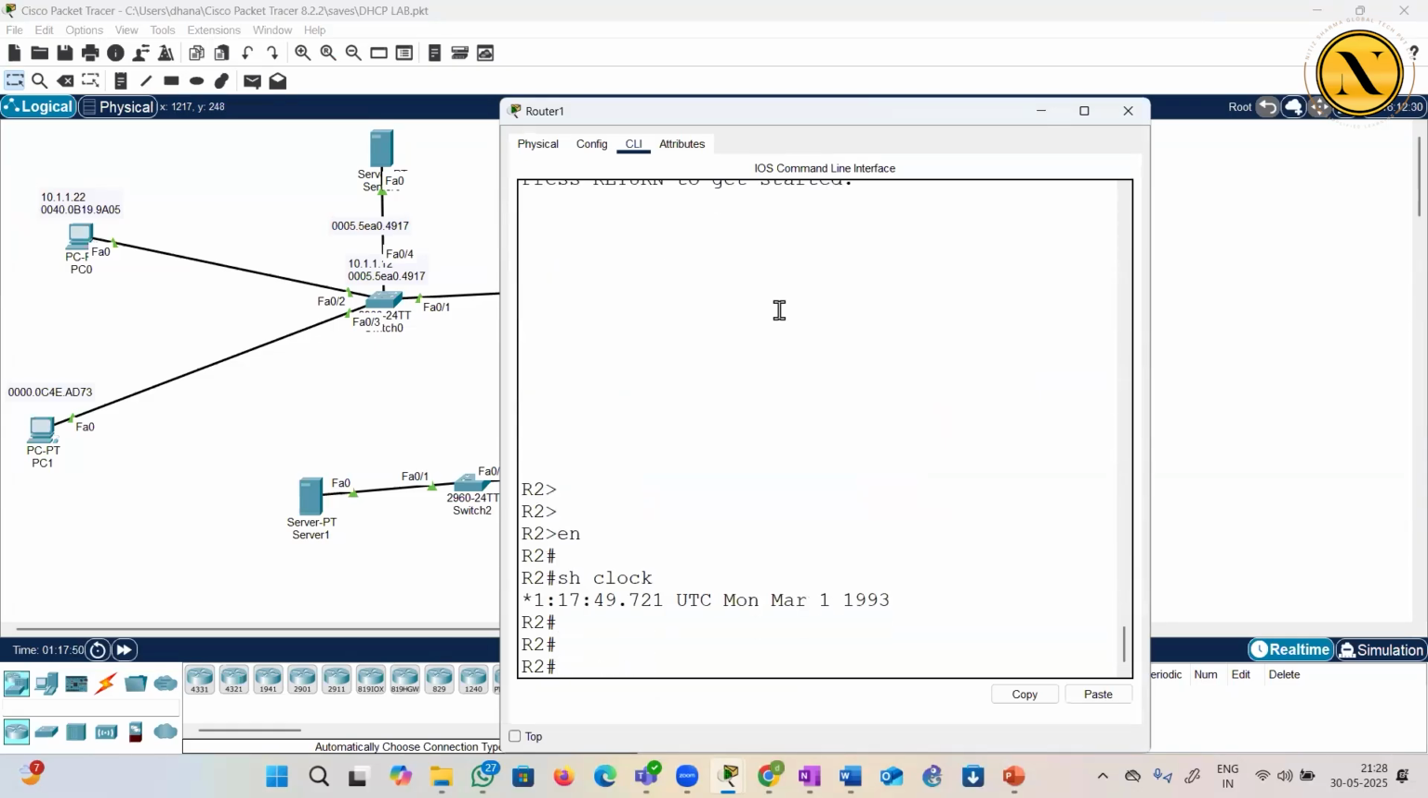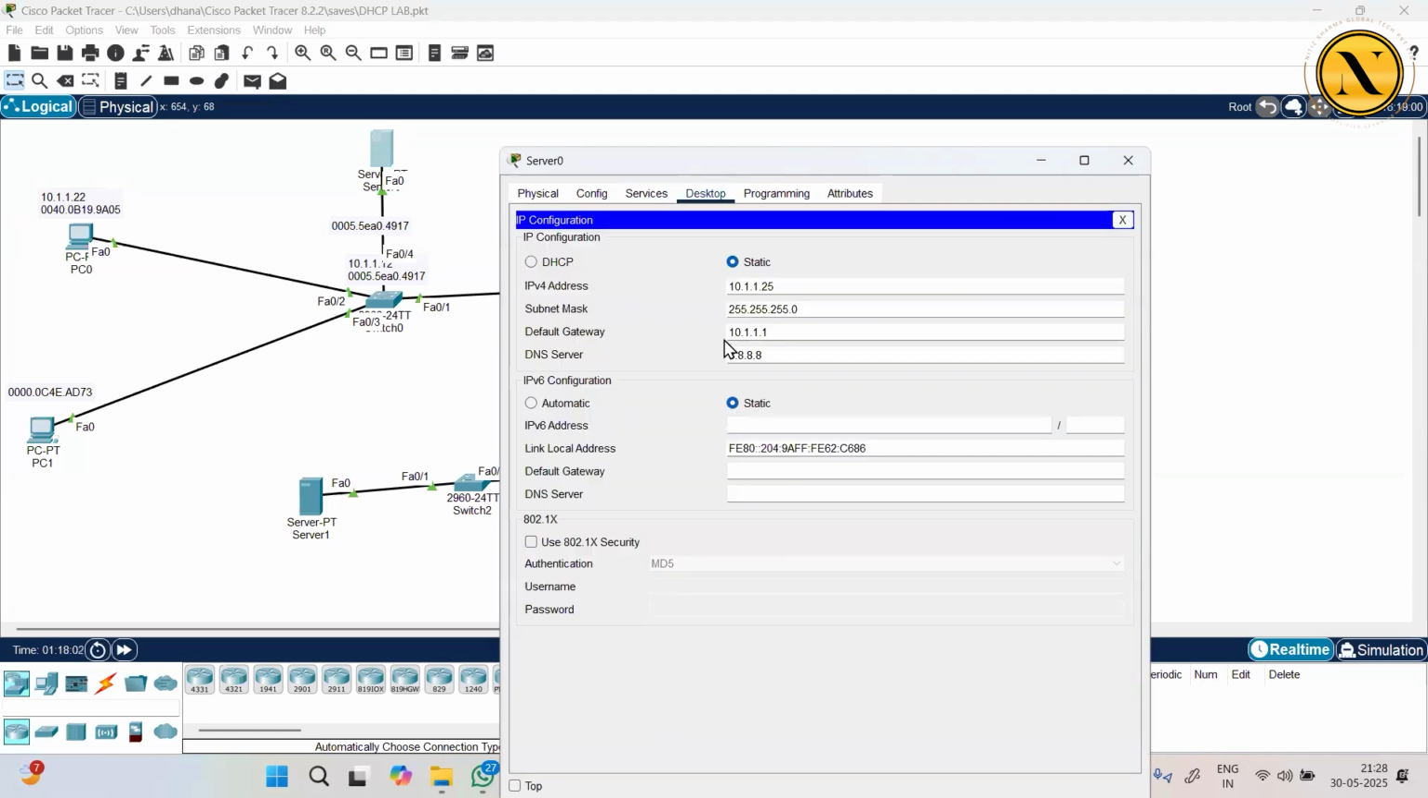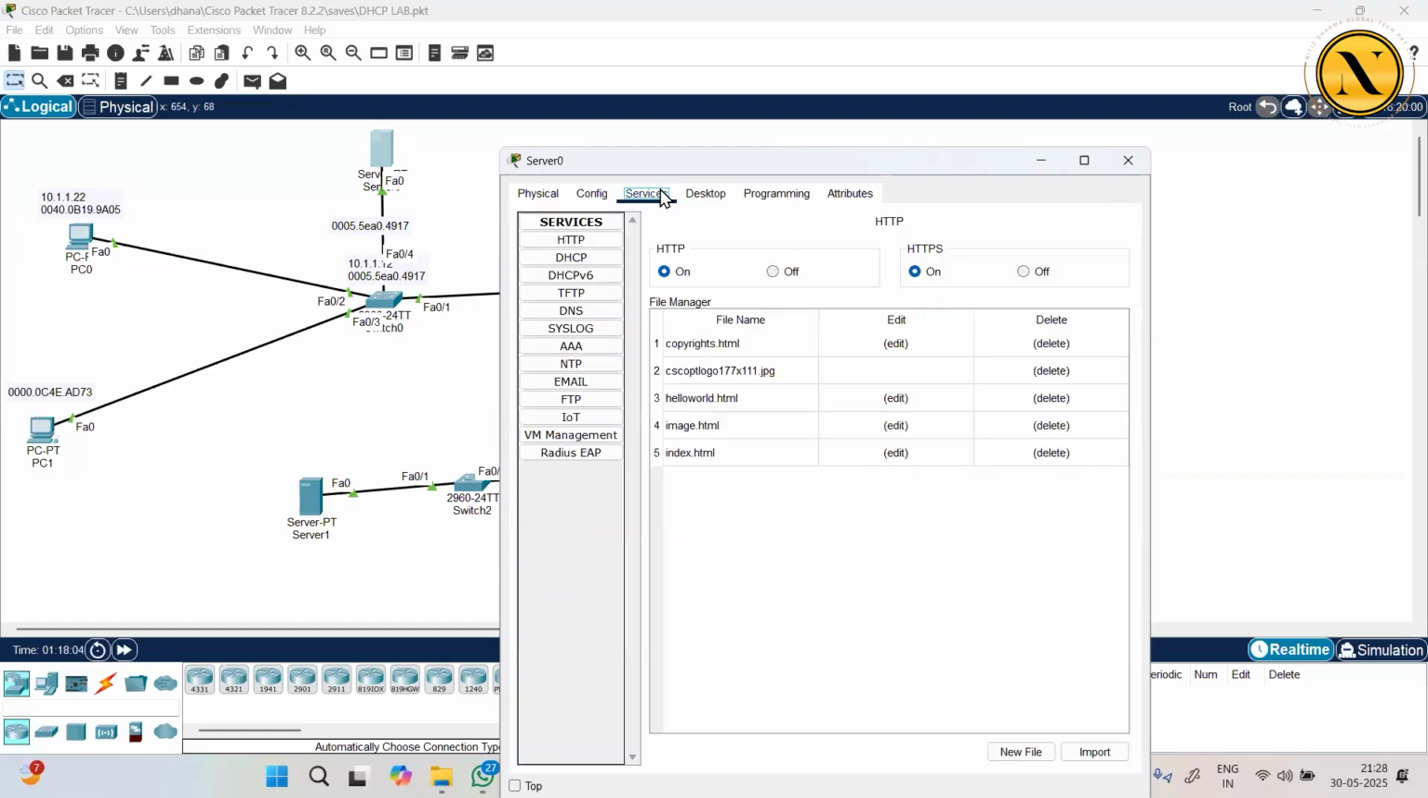Show clock. What is it? It is giving me some time and Monday, March 1, 1990, which is incorrect, of course. So what I will do is I'll go on the server. We have already given some IP address, 10.125, not an issue. We'll go on services and where's